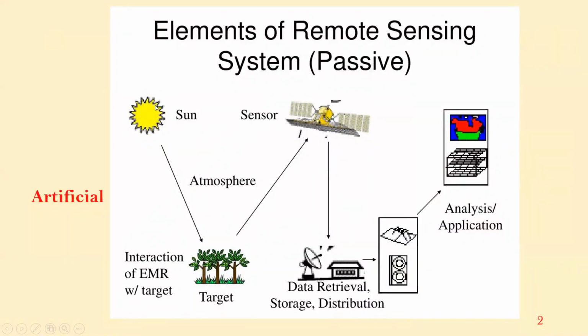For the remote sensing system, the energy source is important. The process involved here is the incoming energy that partly interacts with the atmosphere, and finally reaches the ground and the incoming electromagnetic radiation interacts with the Earth features. It could be reflected by the target, or it could be re-emitted or absorbed. The reflected energy is transmitted and captured by the sensor mounted on a platform, in this case the satellite, which stores this data and sends it back to the ground station.